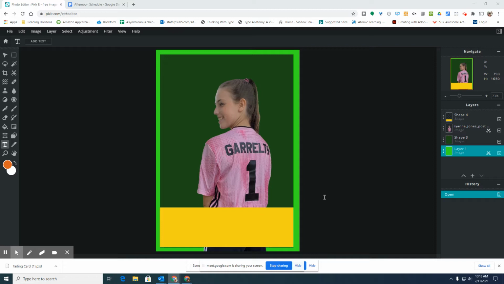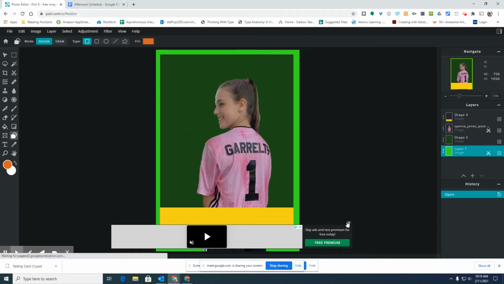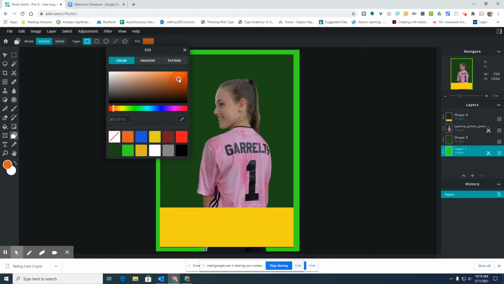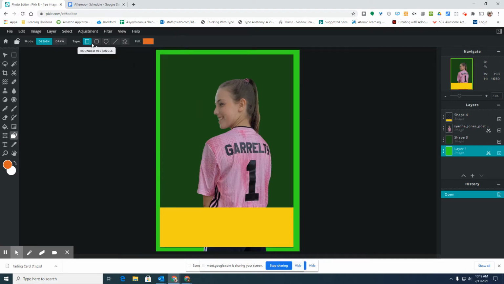So where we left off on Monday, I think I just showed how to make the different shapes. Remember, we were using this shape tool. So up at the top where it says fill, you can choose the color of shape that you want to make. So let's say I have this orangish color. You can choose the type of shape you want. So we have the rectangle, the rounded rectangle. This radius number will be how round your rectangle is. So if I have a radius of 7 and I make a rectangle,